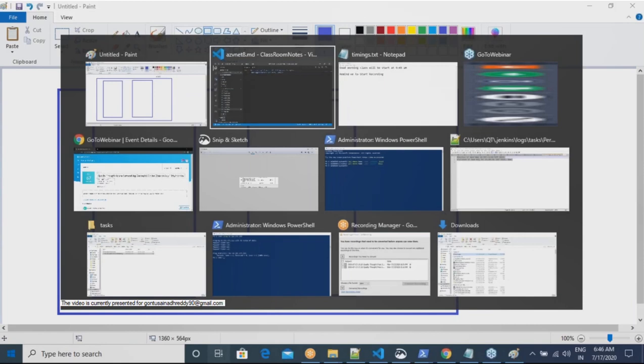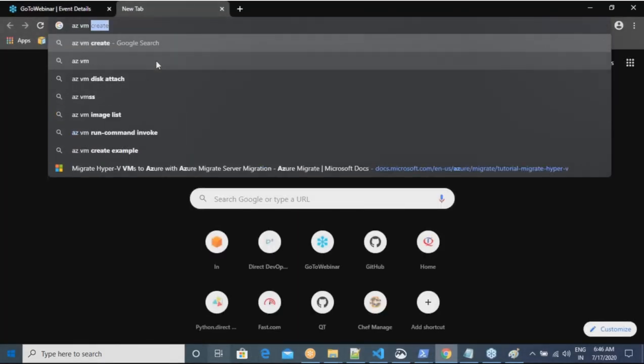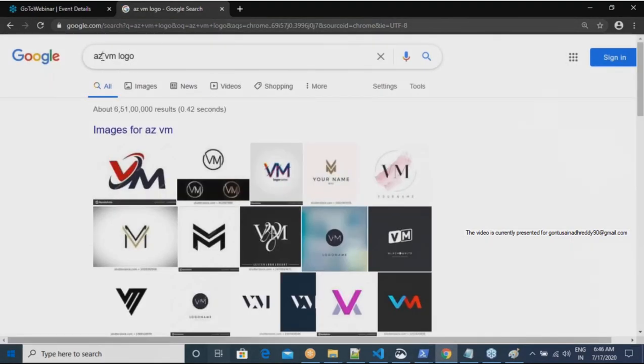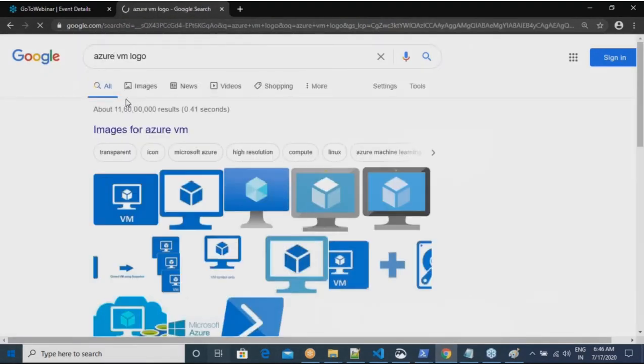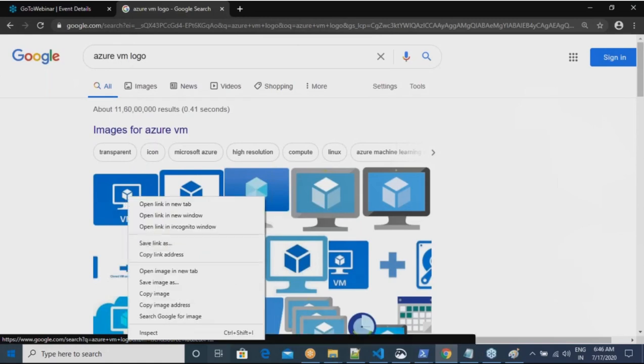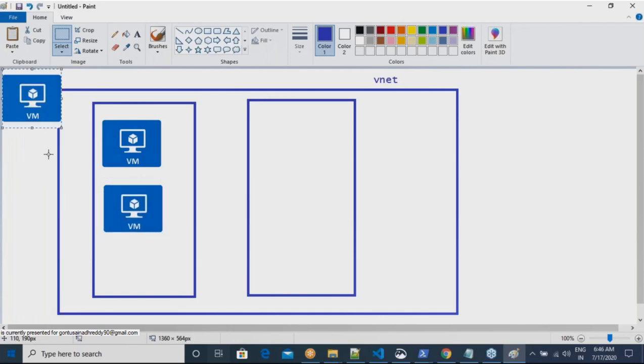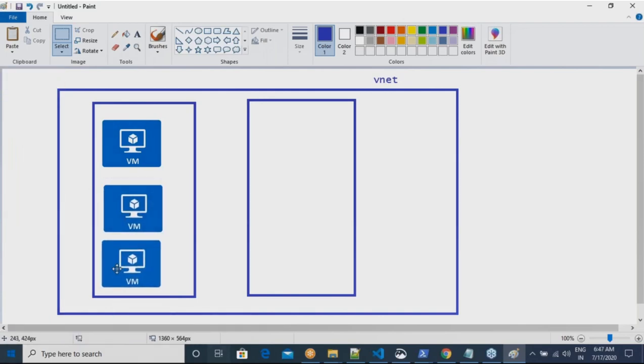And then let me get one logo, AZVM. Let us assume that I have a virtual machine now. So one Azure virtual machine, two, and three. And over here also I'll have one virtual machine.